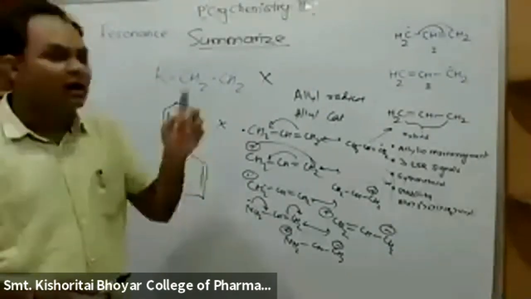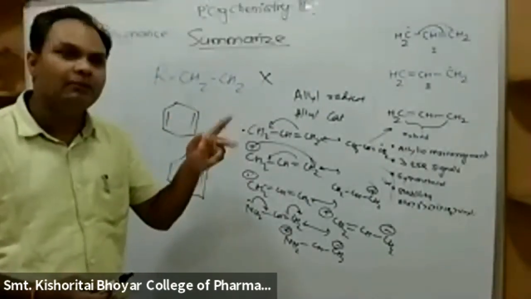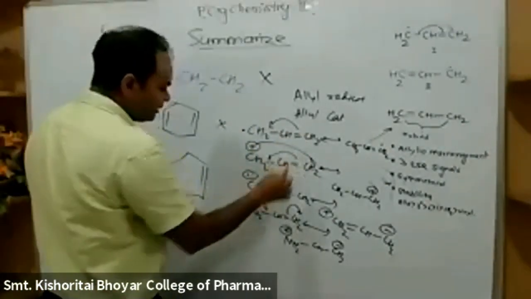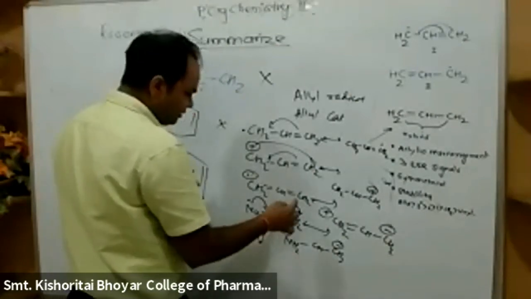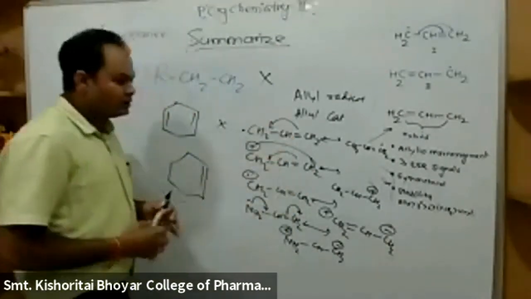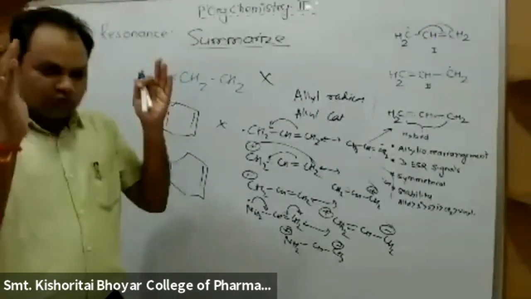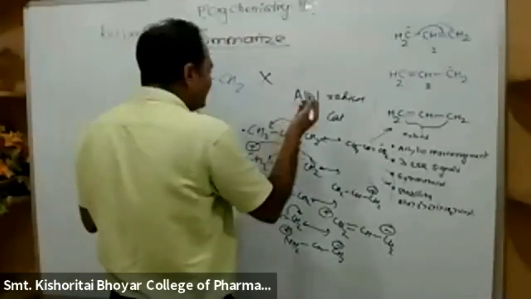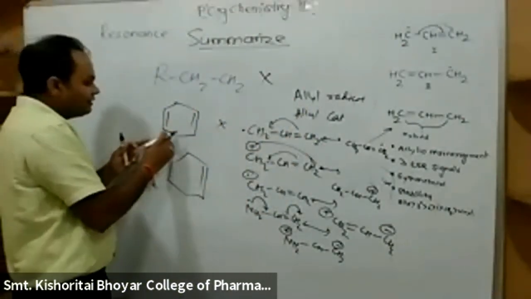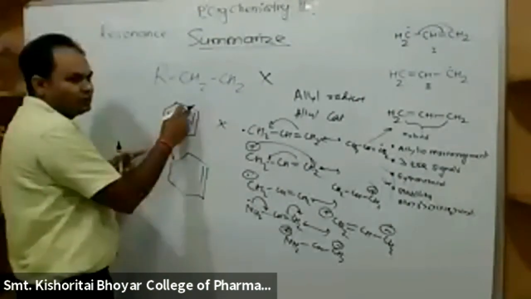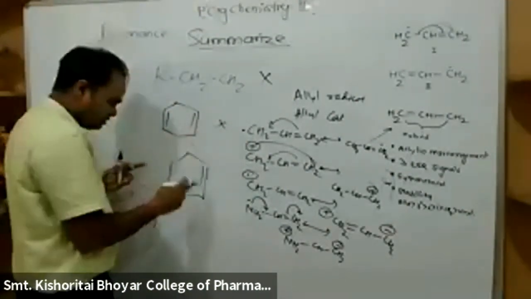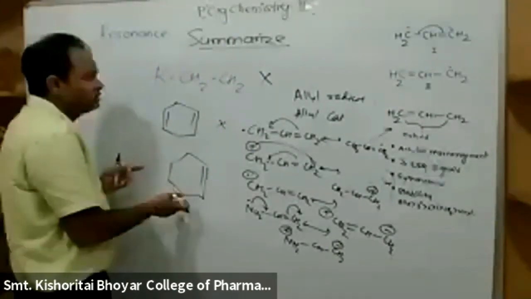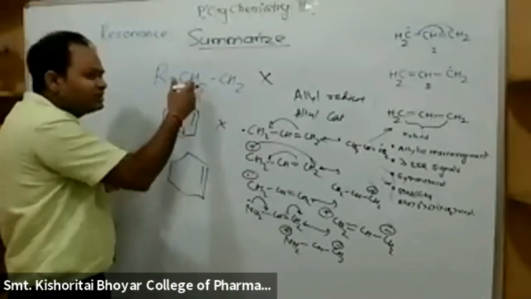Conjugated means alternate single and double bonds. Just like this, single, double. Okay, single, double. Just like this again, single, double. Here again you will get single, double. So the molecule should have a conjugated system, meaning alternate single and double bonds. In the case of a cyclic compound that has single bond, double bond, single bond, and then no double bond, this compound does not show resonance. Again here single, double, single, no double, so this compound does not show resonance. Here single, not a double, so this compound does not show resonance.